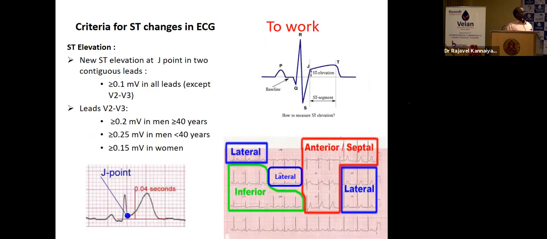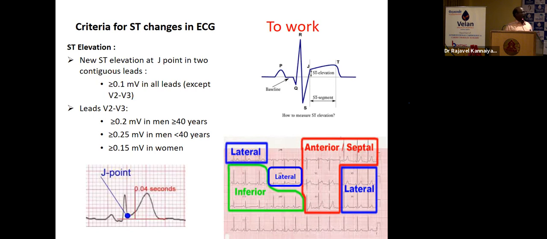Here, in the patient, usually ST elevation of more than 1 millivolt, usually we can say it is an MI. But in case of anteroseptal MI, there are certain things we have to note. If a patient is less than 40 years or more than 40 years, we can keep. For less than 40 years in females, the elevation is more than 0.1 millivolt, that means more than 1.5 small squares elevation. We can say it is an MI, anteroseptal MI, V2 and V3.